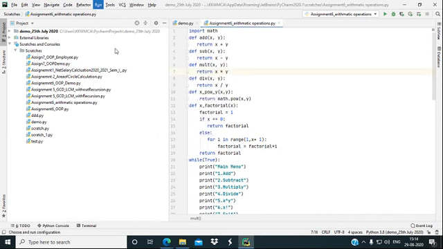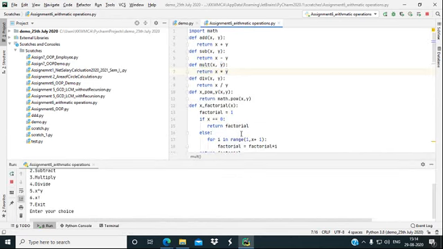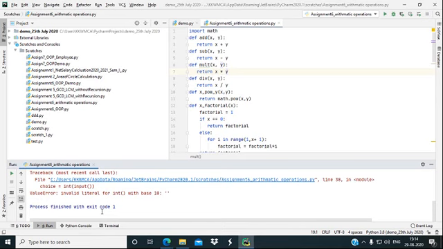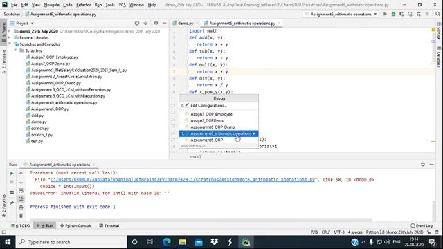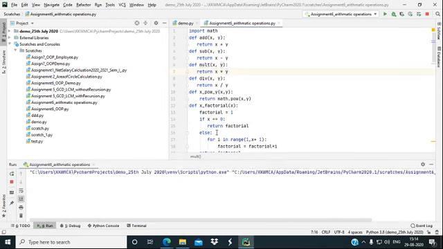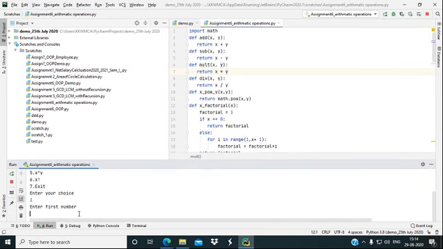So if we directly go to run, then it will ask for the choice here. Like, first choice, if I give it, yes, one minute students, I may debug the program first and then run it. For the first number, if I give 10 and 20, then it's showing the addition as 10 plus 20 is 30. The second choice, if I give 2, that is subtraction, with 10 and second number 5, then it's showing the subtraction 10 minus 5, answer is 5.